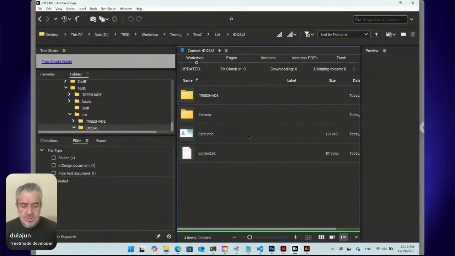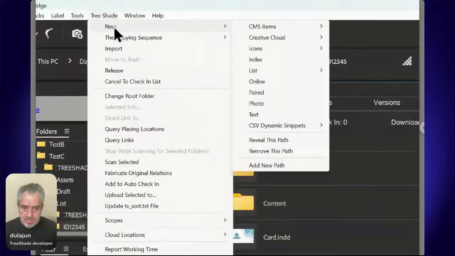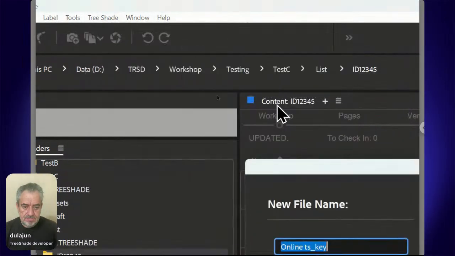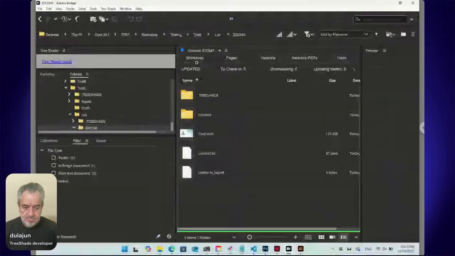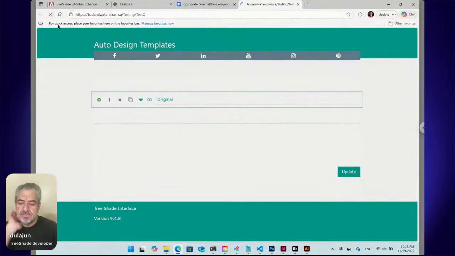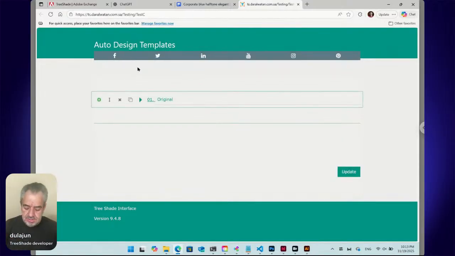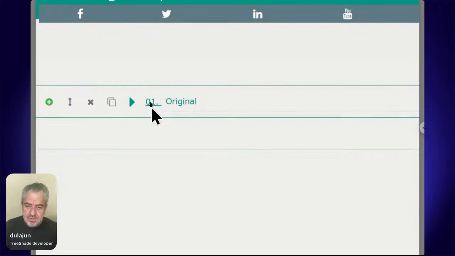And do you know, let's add the online form so the end user can open this business card in a separate online form, not only the cards list. So new online. Now let's refresh. Now see, you have a hyperlink. If you click on this number,